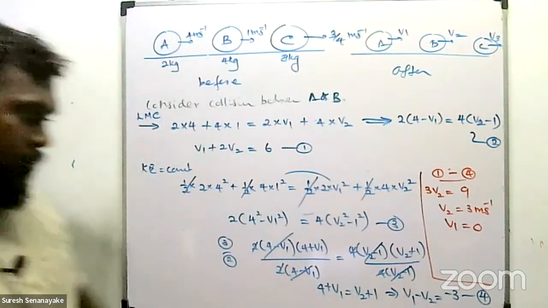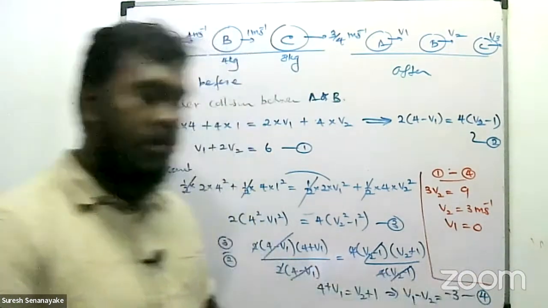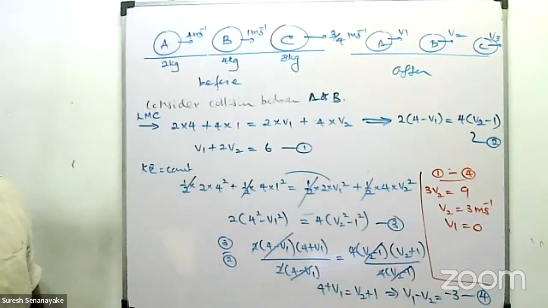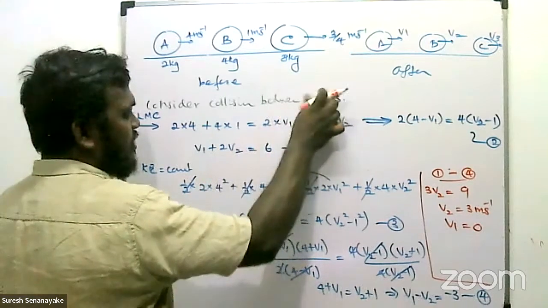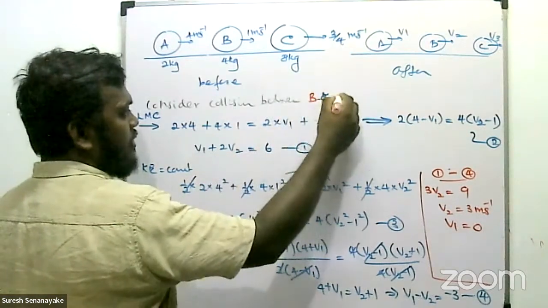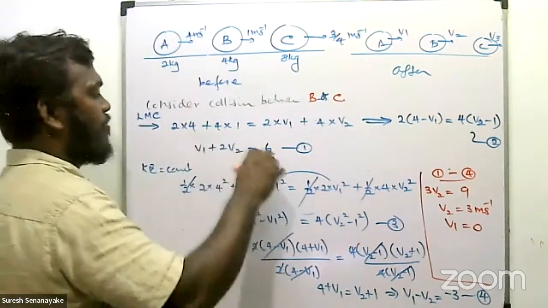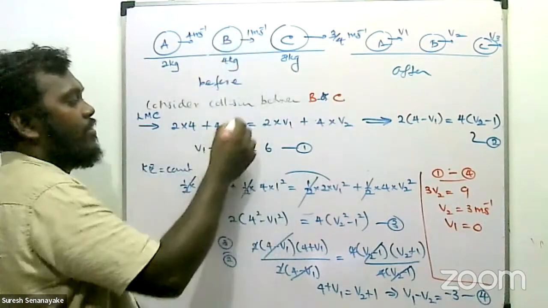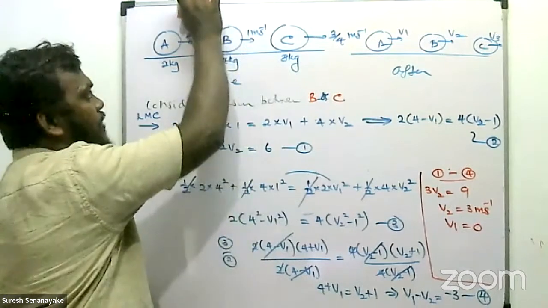That's okay. Then go for the second collision, that's the collision between B and C, right? First you copy down up to this point. I'll take this as the collision between B and C. Now I change this order, and the momentum conservation is applied in this direction. After the collision, I'll write that this now becomes 0.